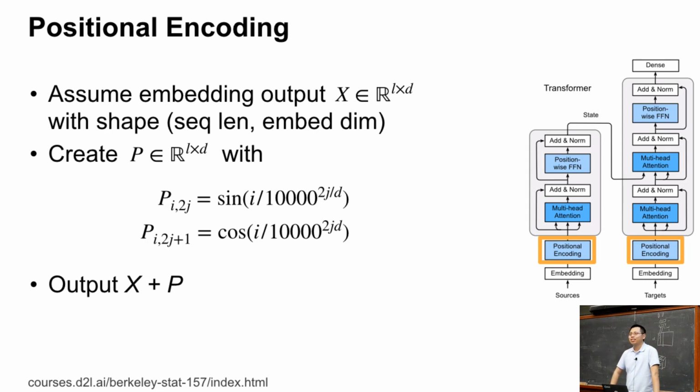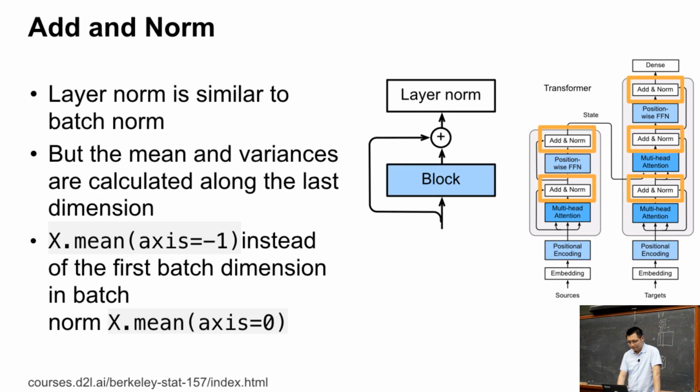Question. On the add norm, why is the norm on the last dimension? You mean why adding a layer norm? Like on the add norm layer block, I guess. Why do they do the mean across the last dimension? So basically, why use layer norm instead of batch norm? Yeah. That's a good question. It's a kind of normalization. It works well here. Unfortunately, I don't know the reason, but I feel like a lot of NLP tasks are using layer norm. I think probably because